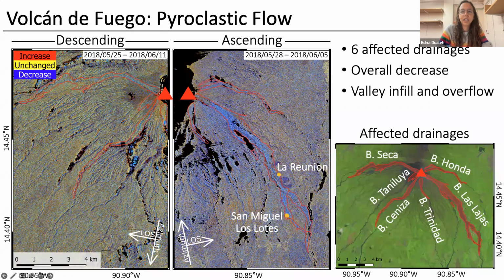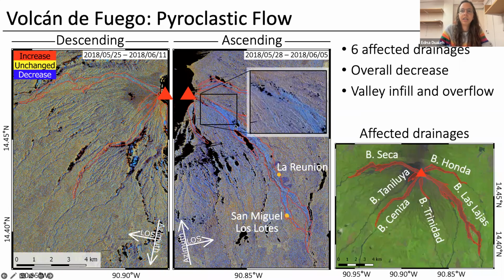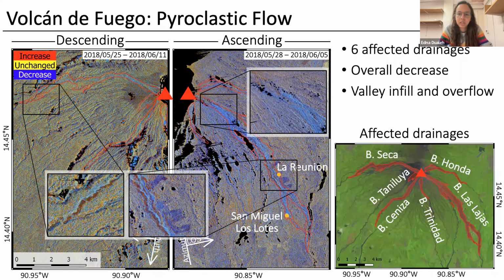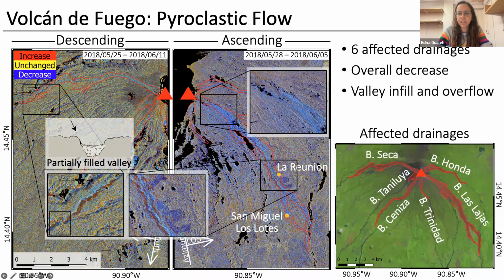Overall, it was a decrease in the radar backscatter, probably associated with smoothing of the ground surface by some of these finer deposits. However, we did see more complex patterns. These are examples from further down in some of these drainage systems. In this case up here, this is related to where a drainage system has been partially infilled, and it produces this stripe-like pattern in the radar backscatter, which is associated with the slope that is facing towards the satellite